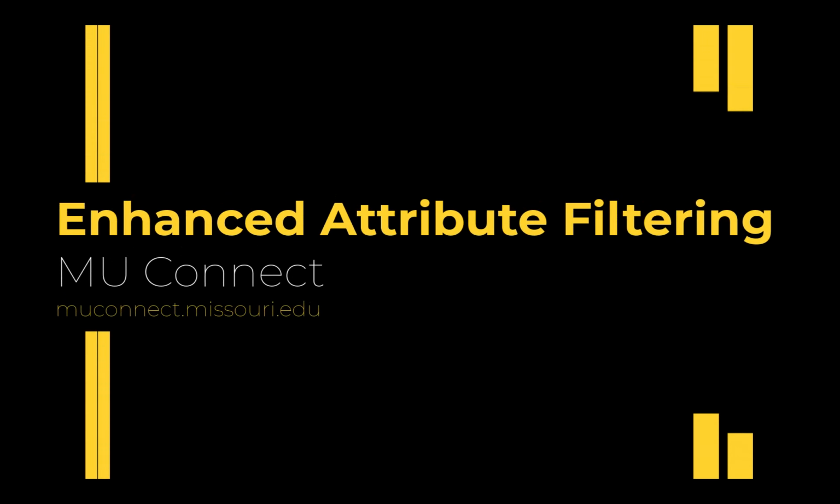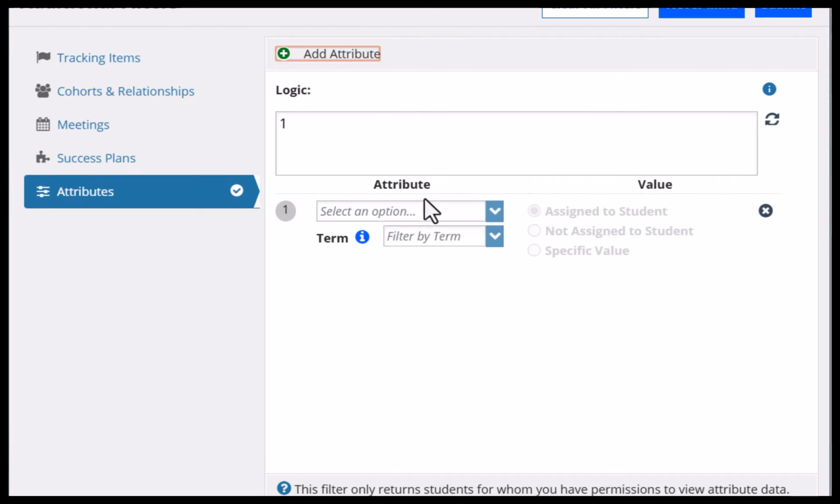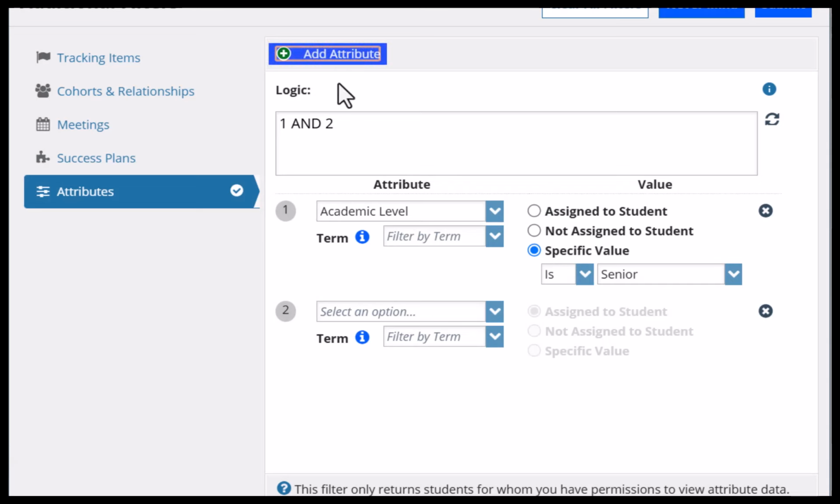Staff and faculty can use MU Connect to review focused, narrowed, and specific lists of students based on attributes. Attributes populate based on information from other systems, like a student's academic level, their academic standing status, and more. As of January 2025, the Additional Filters button allows you to add multiple criteria using and/or logic to filter your